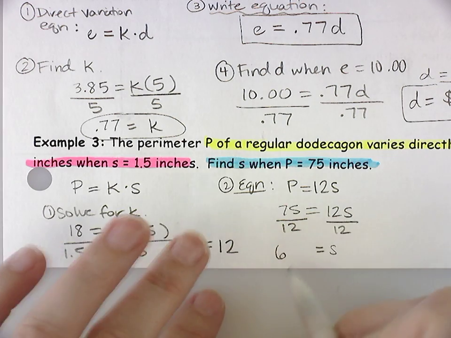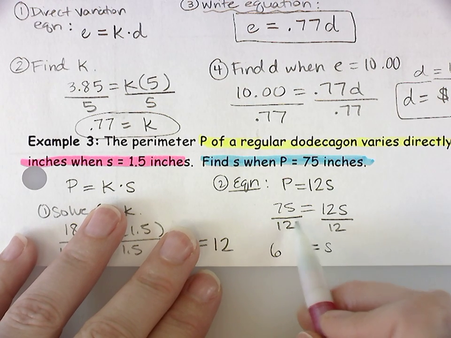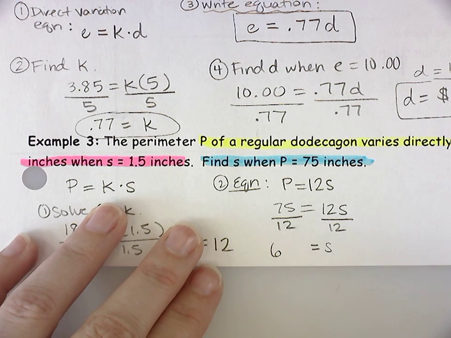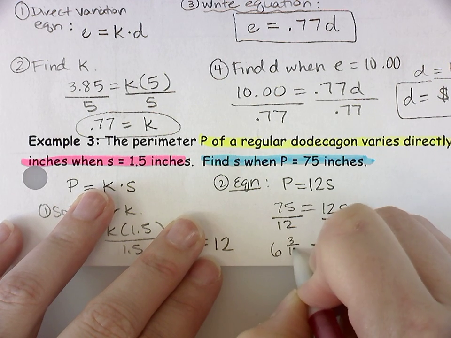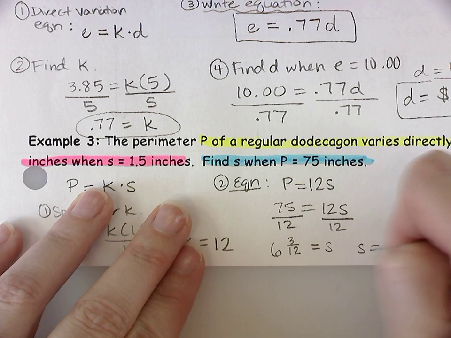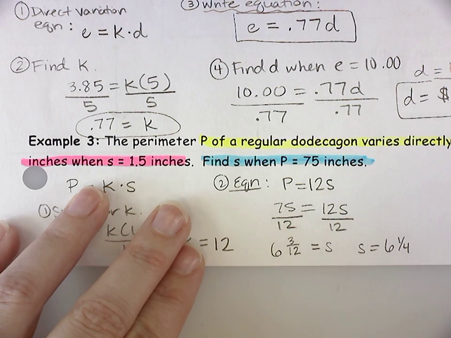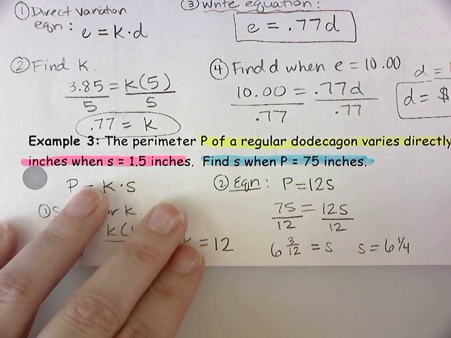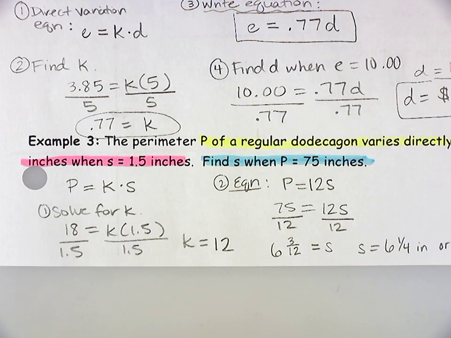The reason why it's 6 is because 6 times 12 is 72, and then 75 minus 72 is going to be what? 3, so this would be 6 and 3 over 12. What is 3 over 12 reduced to? 1/4. Okay, because you're dividing both of them by 3. So it would be 6 1/4 inches, or 6.25 inches. Okay, I'm trying to get you guys prepared for that